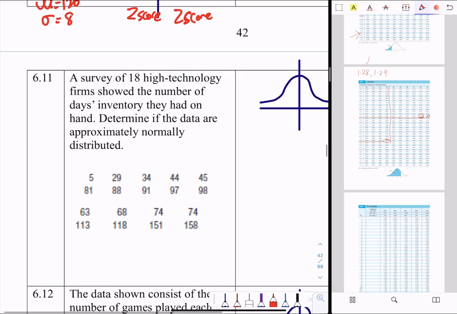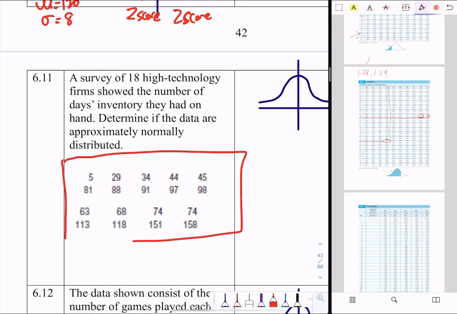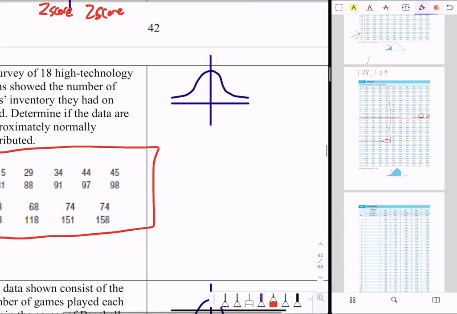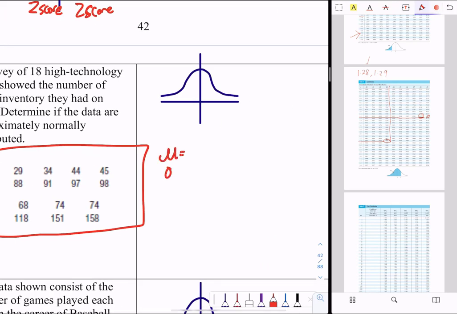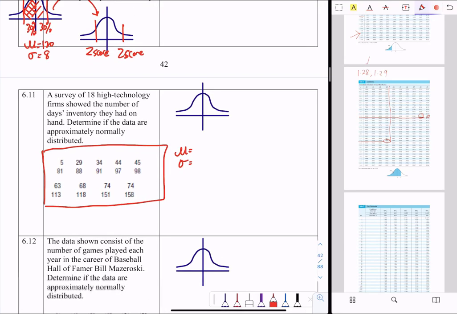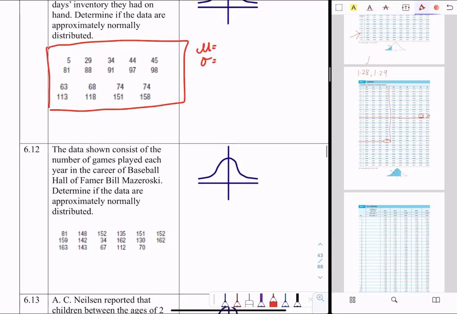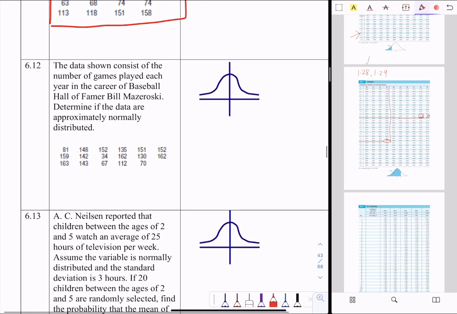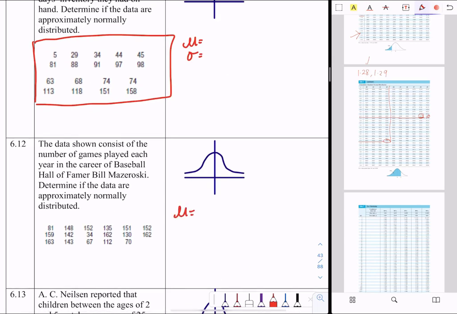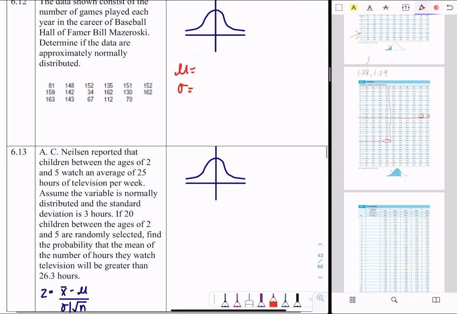Then you calculate by yourself. For this one, they're giving you a data set. When they give you a data set, you need to find the mean and the standard deviation using the formula you learned in the previous chapter. I will not try to explain that. 6.12, the data shown consists of number of games played. This is the same; you need to find the mean and also the variance. 6.13, page